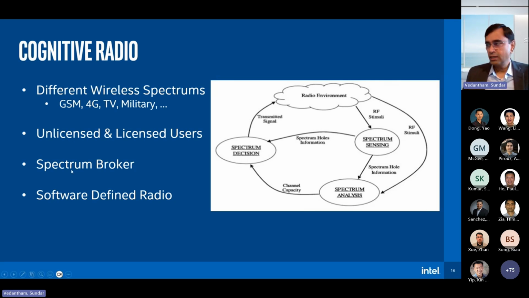Then the spectrum broker, which is to assess whether service A and service B are requiring the spectrum at the same time. So who gets priority, right? So that comes in. And then software-defined radio, meaning previously the radio aspects were mostly set in stone in hardware, and once you put it on, it just worked in one way. Now there is software going into that area so that it becomes flexible